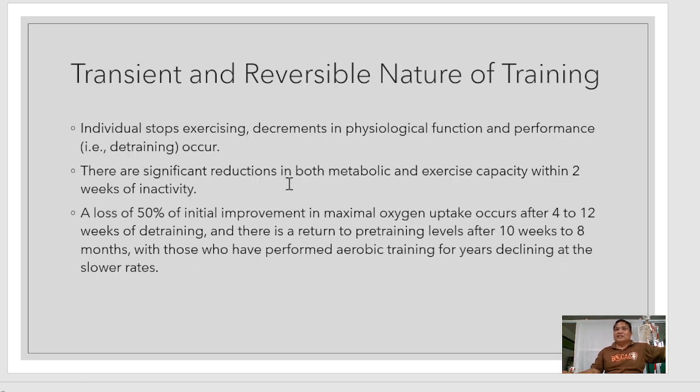Transient and reversible nature of training. When an individual stops exercising, there are decrements in physiological functions and performance. There are significant reductions in both metabolic and exercise capacity within 2 weeks of inactivity. A loss of 50% of initial improvement in maximal oxygen consumption or oxygen uptake occurs after 4 to 12 weeks of detraining. And there's a return to pre-training levels after 10 weeks to 8 months. So you imagine,